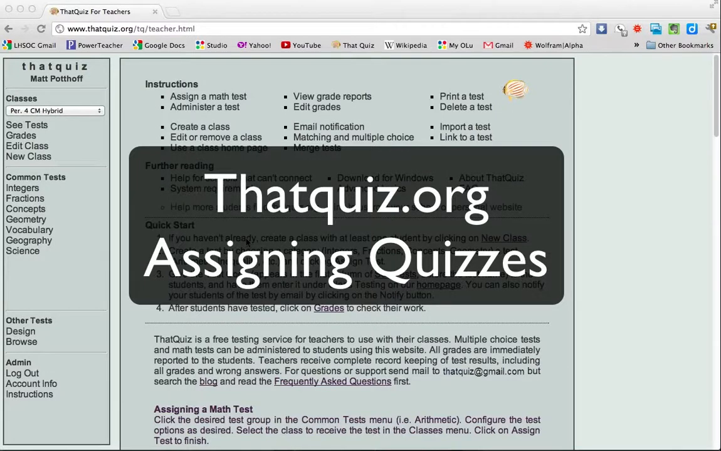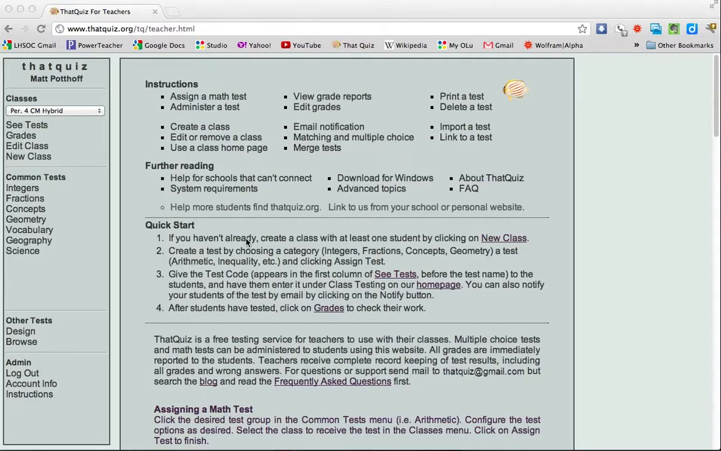Next, we're going to learn about assigning quizzes to your students. Before students can take quizzes, you have to assign them to a class. When you assign a test, it creates a copy with the test code for a class. Now, it's important to note that the assigned copies are different from the original, so deleting or editing one will